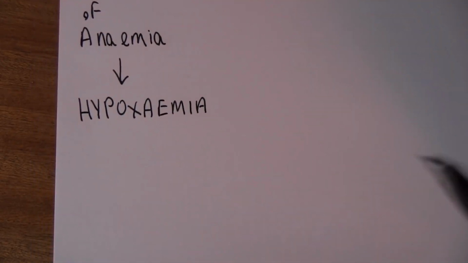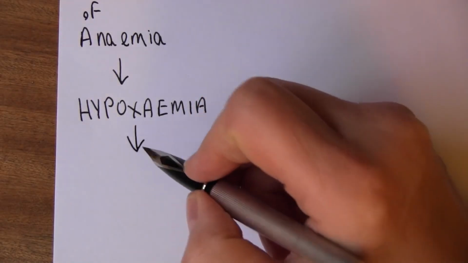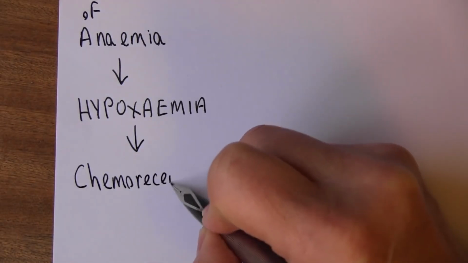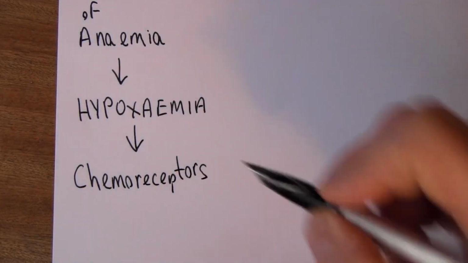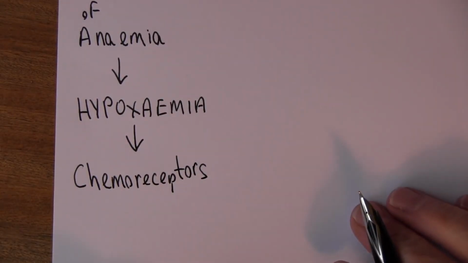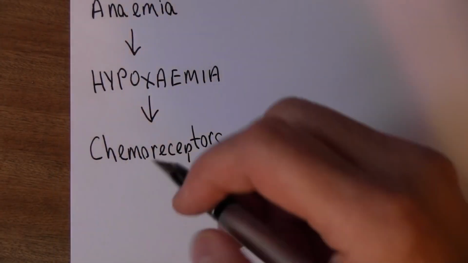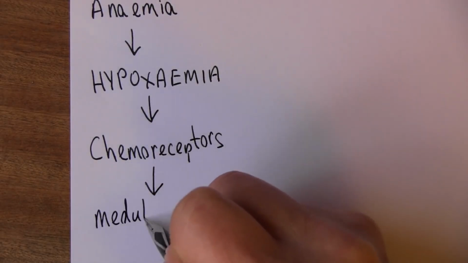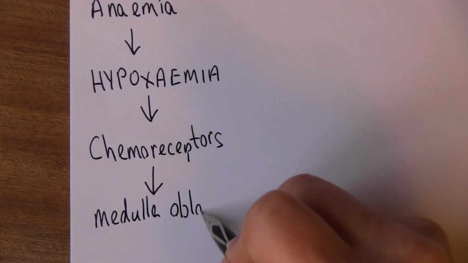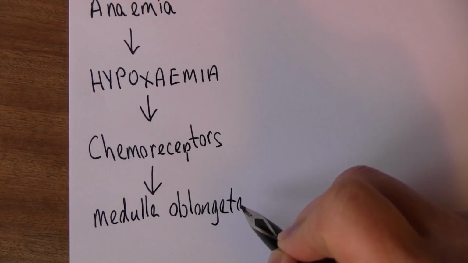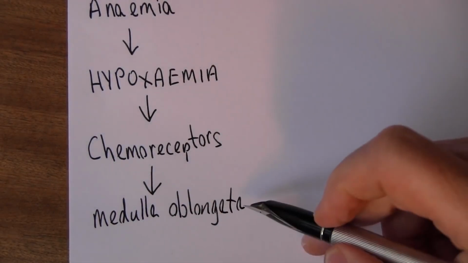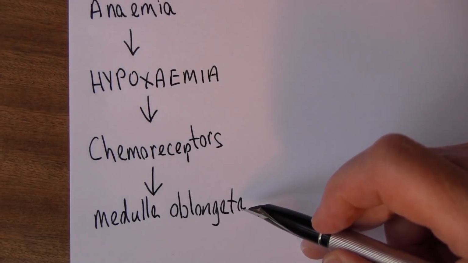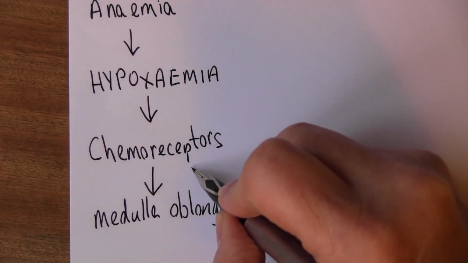And when the oxygen levels in the blood drop, that's going to be detected by chemoreceptors. And these are located in the large arteries, the aorta and the carotid bodies, just off the carotid artery. And what they do is they send messages to the brainstem, the medulla oblongata, the lower part of the brainstem, which contains the cardiac centre, the vasomotor centre and the respiratory centre. So when these chemoreceptors detect oxygen lack in the blood,